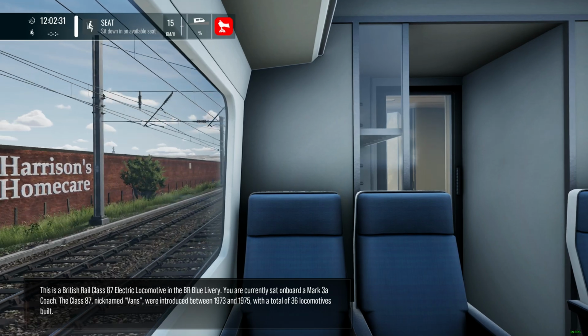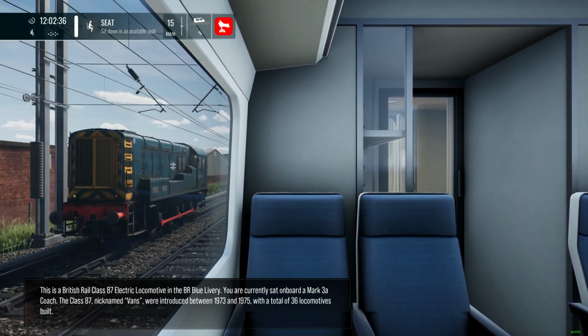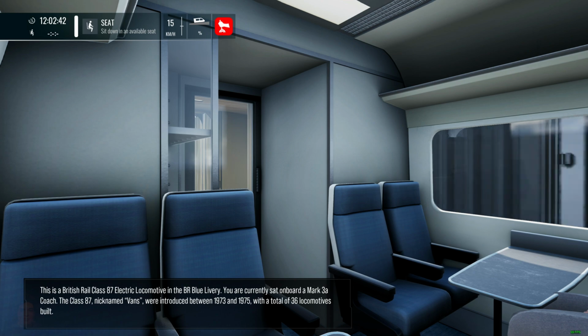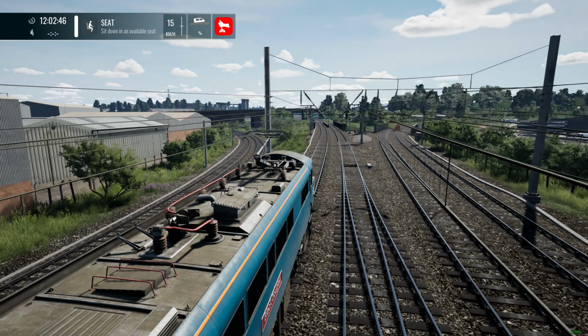This is the British Rail Class 87 Electric Locomotive in the BR Blue livery. You are currently sat on board a Mark IIIA coach. The Class 87, nicknamed Vans, were introduced between 1973 and 1975, with a total of 36 locomotives built. The loco